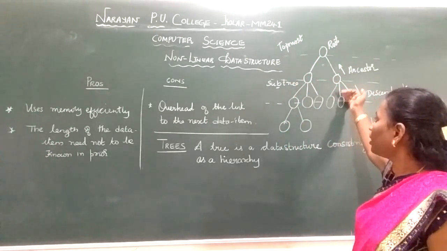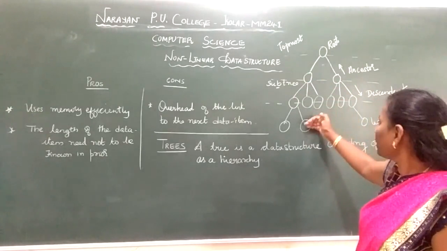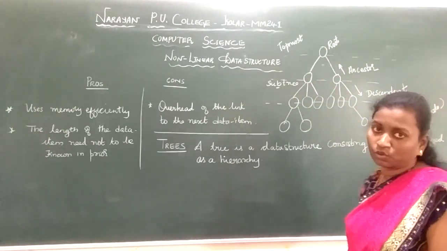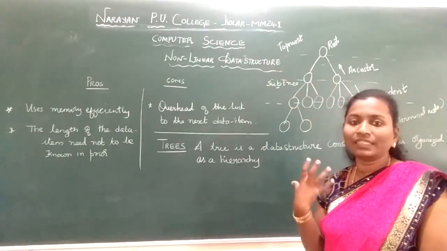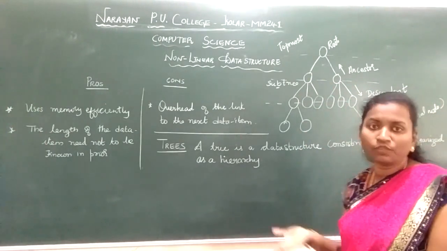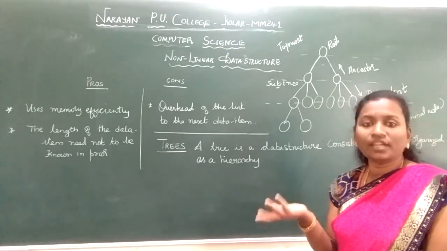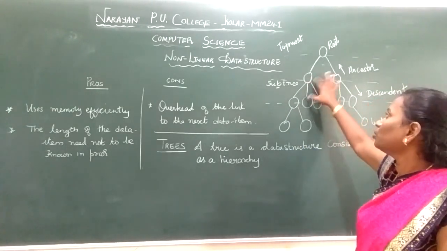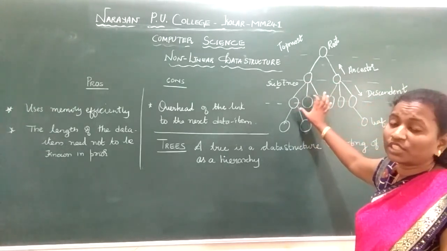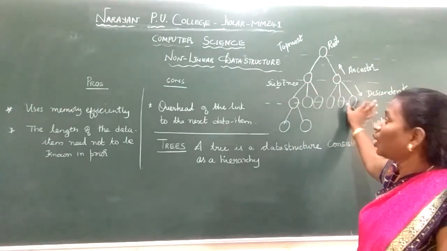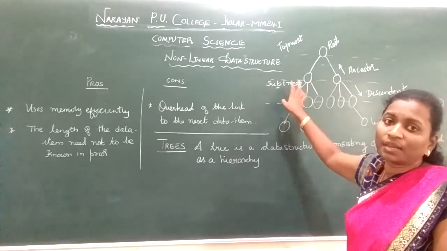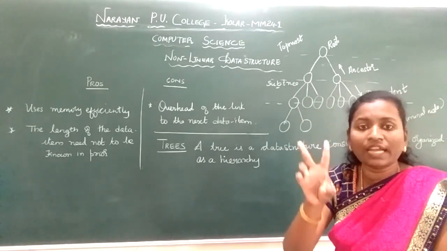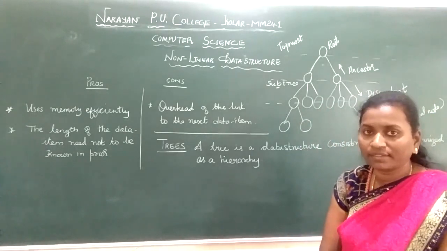Again we have the other nodes. Here I need to talk about leaf nodes. Leaf nodes, the end nodes, the terminal nodes, we call them leaf nodes. They will not have any child node, zero child nodes. Whereas the other nodes, which have one or more child nodes, we call that a subtree. Sometimes if it has only two child nodes, we call that a binary tree.